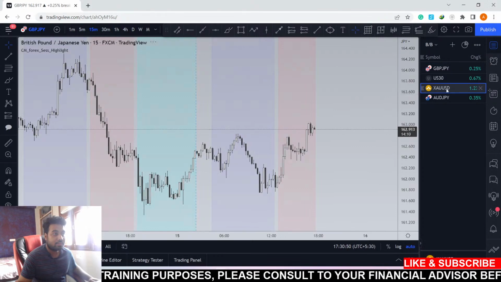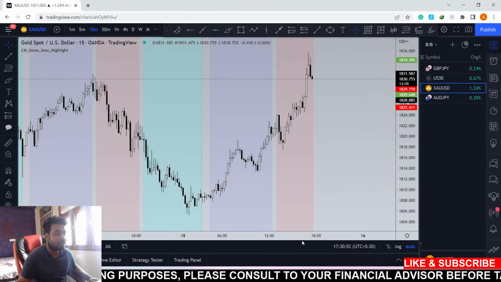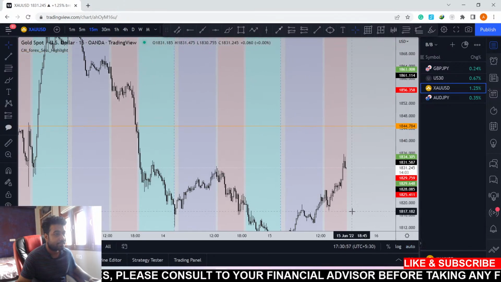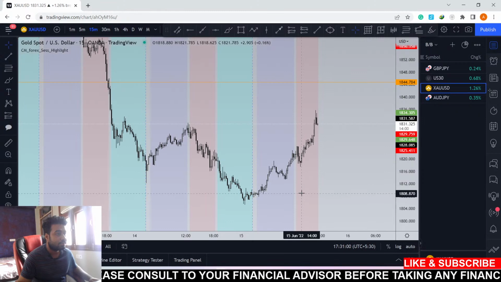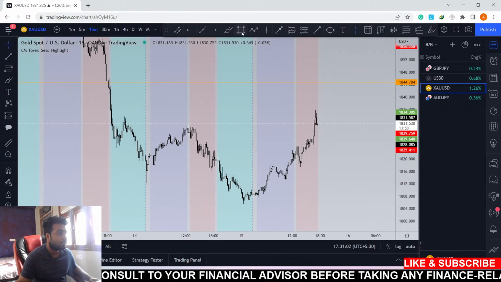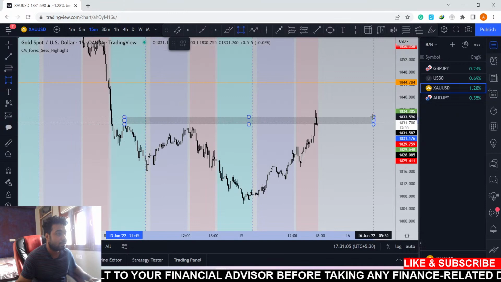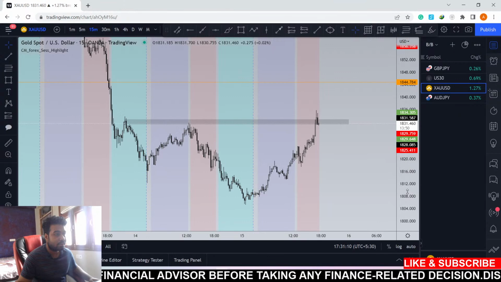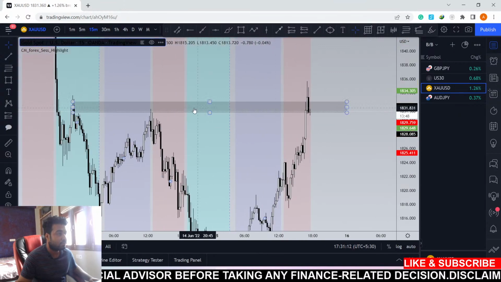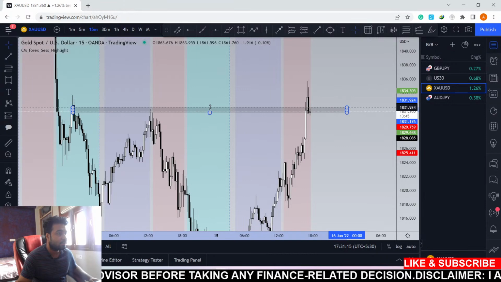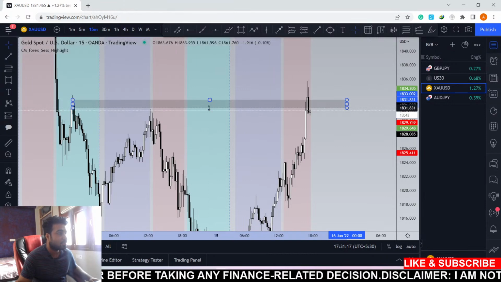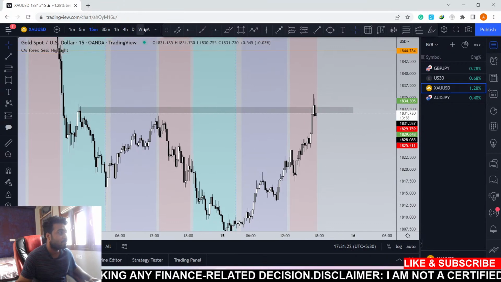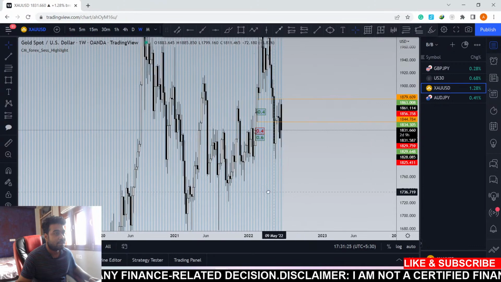Gold is looking quite good. So let's do the analysis in gold first. In this sort of move, we usually get some sort of continuation in this sort of move. Mark our